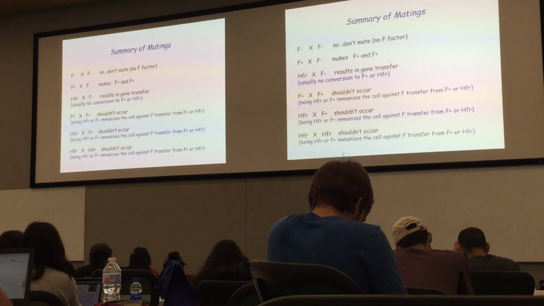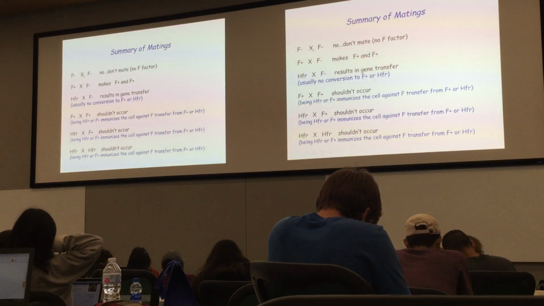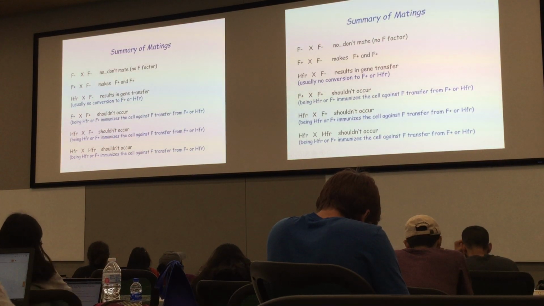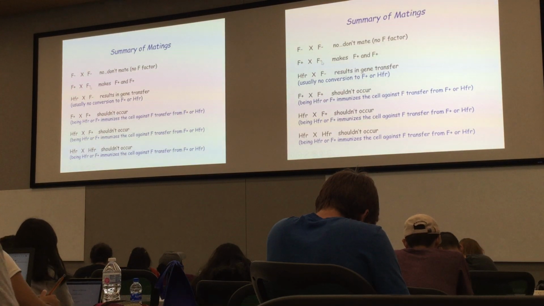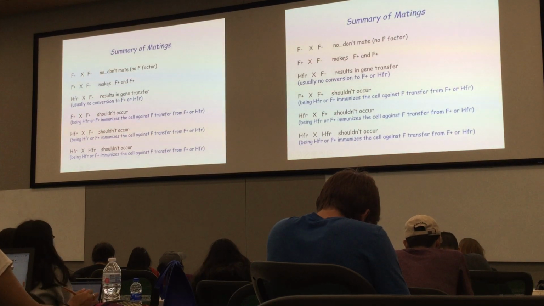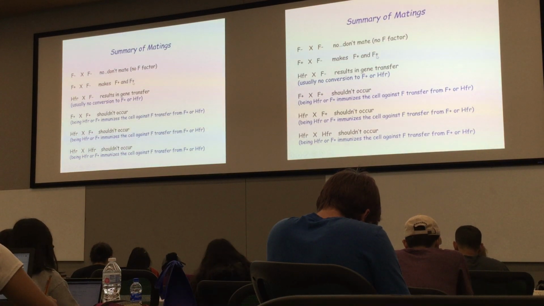Okay, so what types of matings are allowed and which ones are disallowed? F minus against F minus doesn't happen. There's no F factor, obviously, and you can't form the bridge between cells, so nothing happens. F plus times F minus is allowed. We can think of these as two mating types, and the output is both cells usually turning into F plus. One originally was, and now the other is converted to F plus,